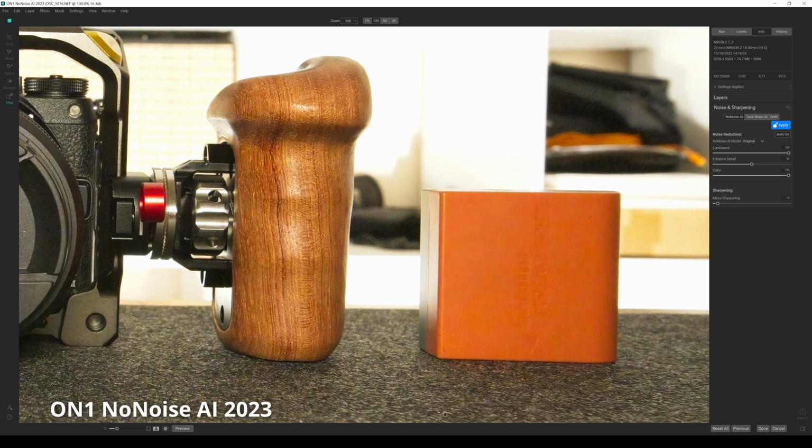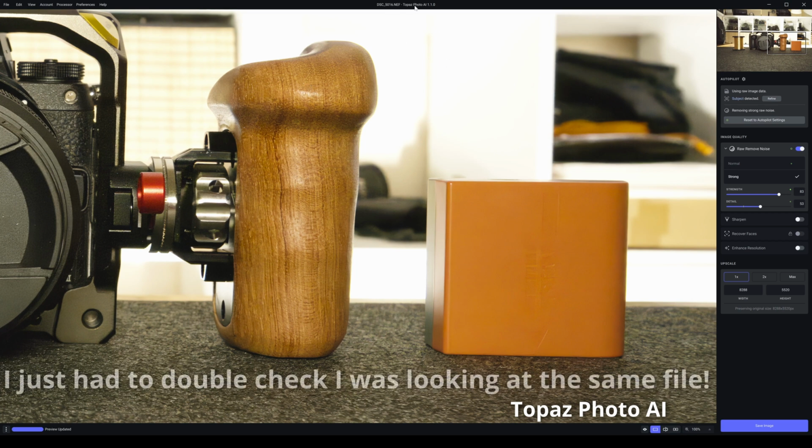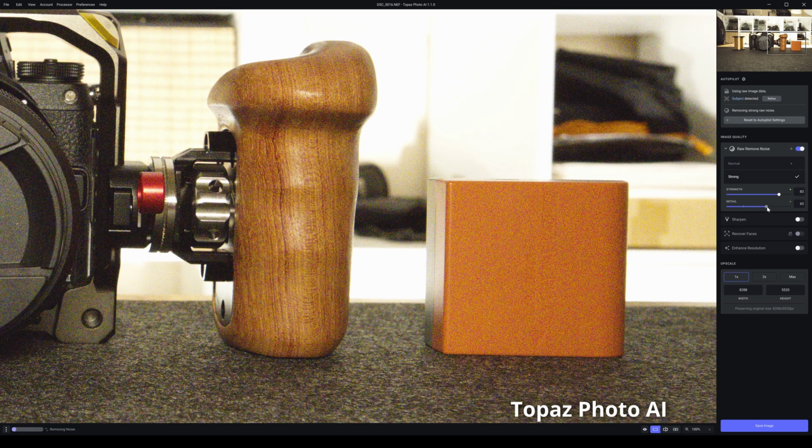So back to Topaz Photo AI, and that just doesn't look the same. The rosewood handle, it looks blurred. I'm just checking now. That definitely, yeah, that's a NEF. That is the raw file 5016. It's the same file in both, so it just looks out of focus. Just being straight up and honest with you, that looks completely out of focus. That doesn't look right. Now we'll try detail here again, and try adjusting the detail levels just to see